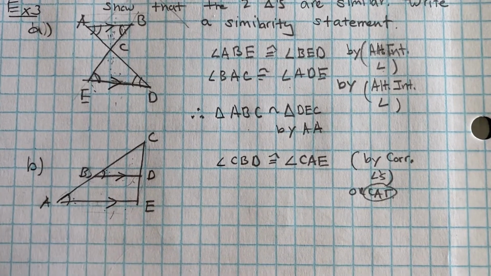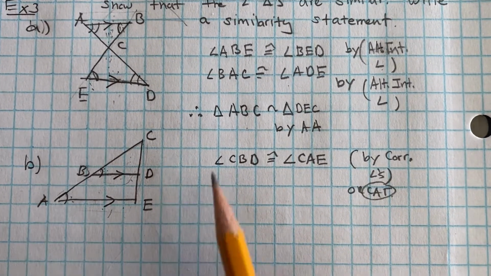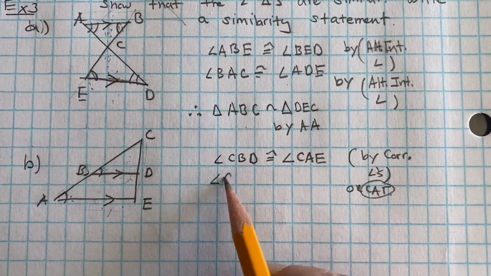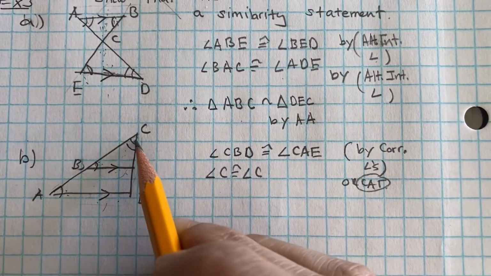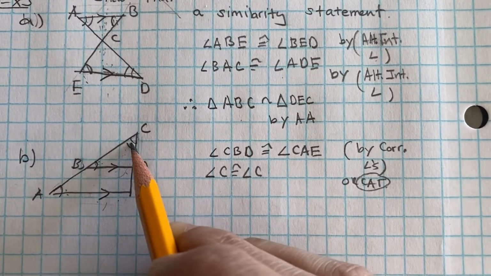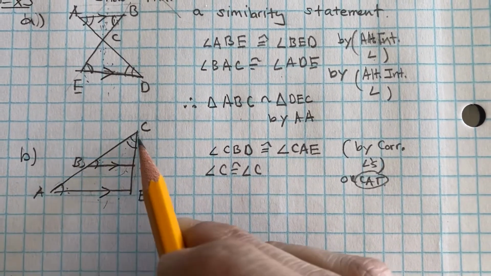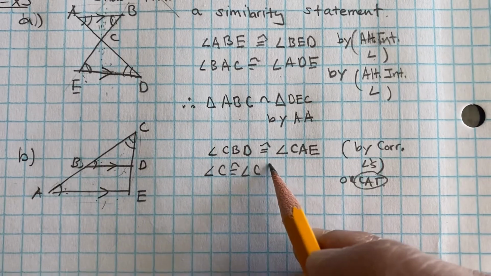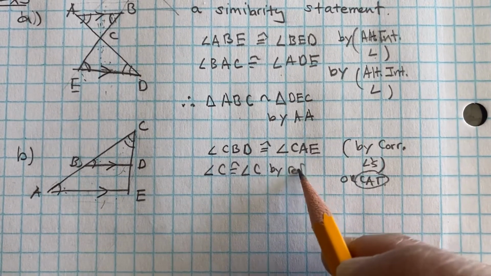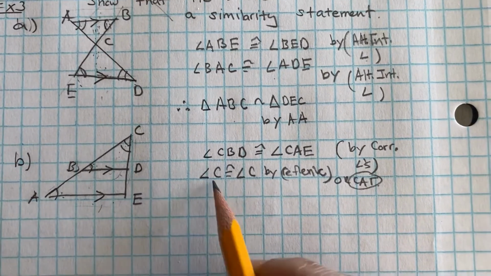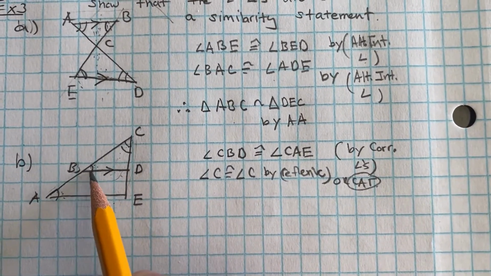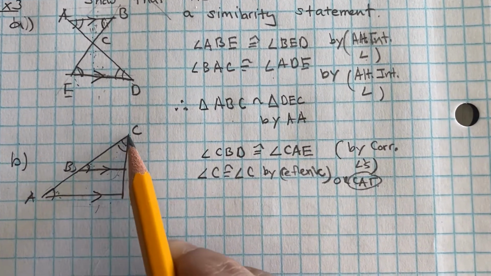I only need one more set. You could say angle C is congruent to itself, right? The small triangle has angle C. The big triangle also has angle C. And you could say reflexive. Okay, now that we established that two angles are congruent, this angle is congruent to this, angle C is congruent to itself,